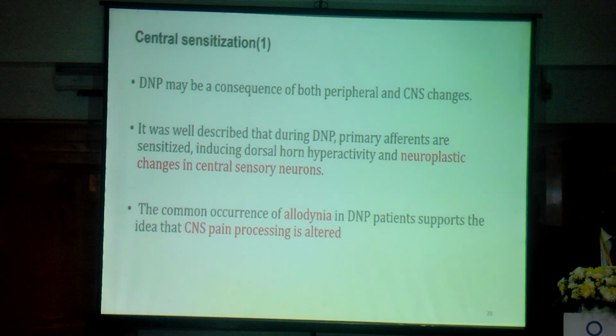The DNP may be a consequence of both peripheral and CNS changes. Not only the peripheral nerves are affected, but also the central nervous system. It was well described that during DNP, primary afferents are sensitized, inducing dorsal horn hyperactivity and neuroplastic changes in the central sensory nervous system. The common occurrence of allodynia in diabetic neuropathy patients supports the idea that CNS pain processing is also altered, not only the peripheral nerves but also the CNS, wherein you can see the altered sensation of